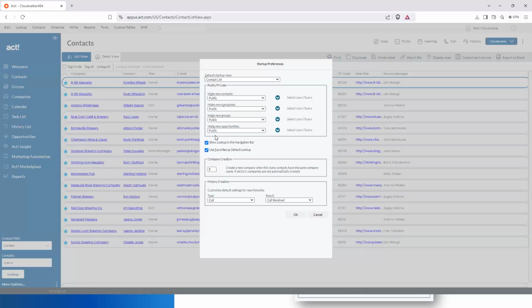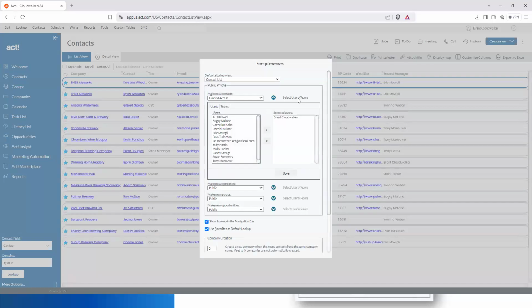But let's say that I want to change this so that any new contacts I create are only viewed and editable by my new Canada team. The way to do this is to change this drop down from public to limited. And then in the right drop down where it says select users and teams, I'm going to click that to expand it. And instead of using the users tab, I'm going to use the teams tab.